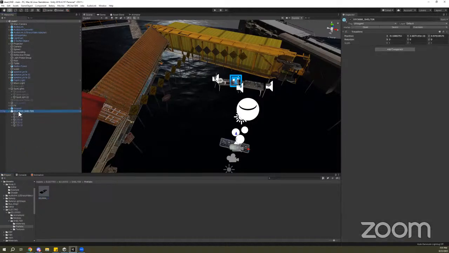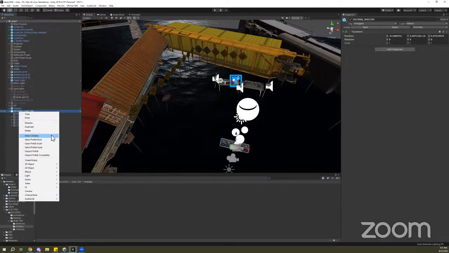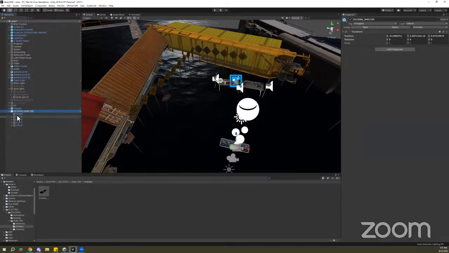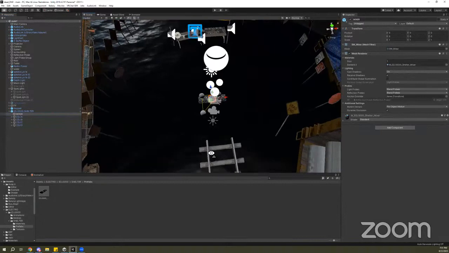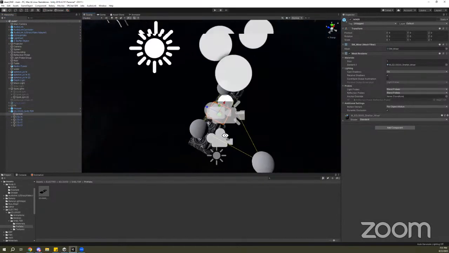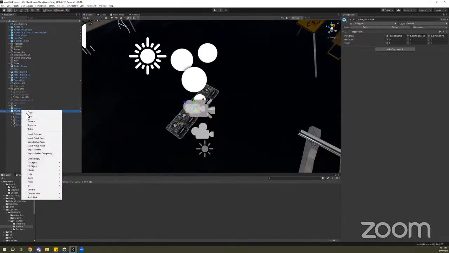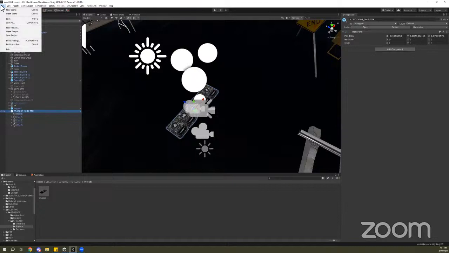And then once you pack this into a prefab, where you have smaller objects like this or set up, you can export that by going to